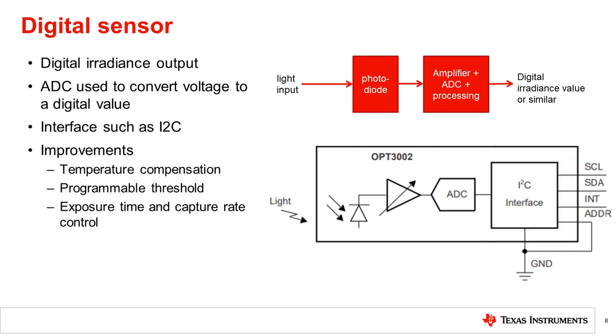These sensors also often compensate for temperature variation in the photodiode. The ADC can integrate the reading over a period of time, which decreases noise in the measurement. All of these processing steps result in a more accurate sensor compared to the discrete photodiode. These sensors can also allow thresholds and exposure time to be set on the device depending on the needs of the application, making them quite versatile.